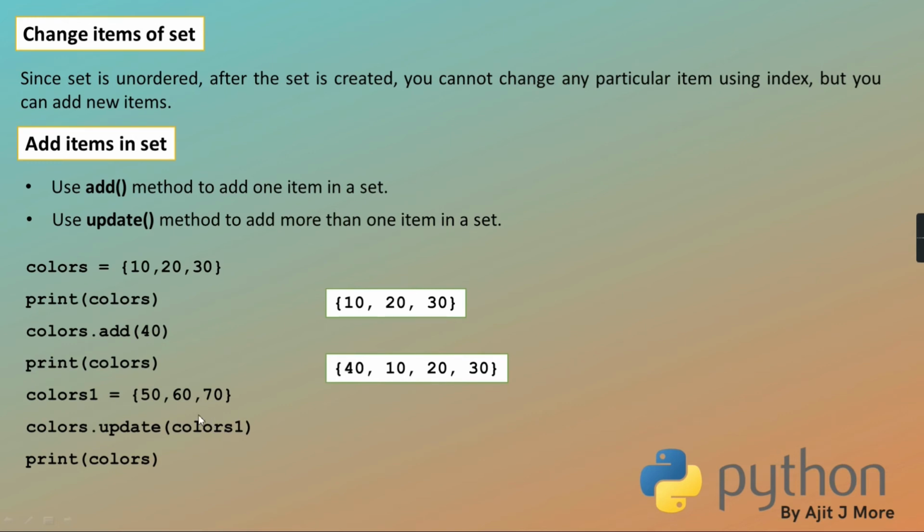Right? So elements of colors 1 will get added in colors. So 50, 60, 70, these three elements will get added in colors. And when you print and see, that 50, 60, 70 has got added, but not predicted. It is unpredicted in any order. 50 has come in first place, somewhere 70, then 60. Okay. So hope the concept is clear. Right, all of you? Yes. Sure, no? The basic difference you should be able to clear. Yes, sir.